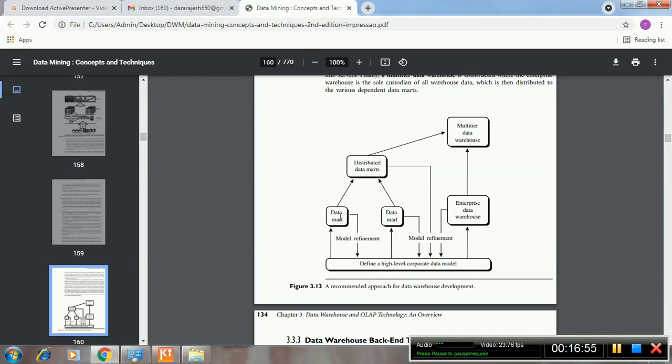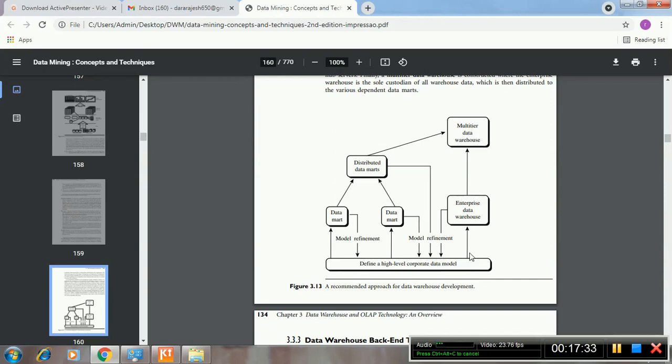and if we want to do any modifications, then the model goes through refinement. Many classes ago I told you the meaning of refinement. If you want to modify or purify the data, then it is sent back to be pre-processed. What concepts do we have in pre-processing? Data cleaning, data transformation, data loading; all these are some of the pre-processing techniques. So this is the point about data marts, and if we want to do any refinements, then again it is going to be pre-processed.